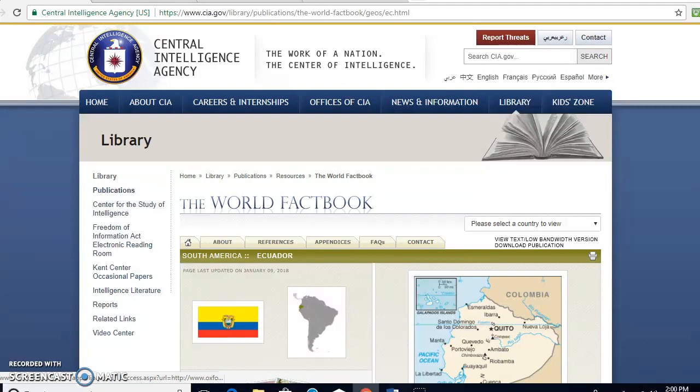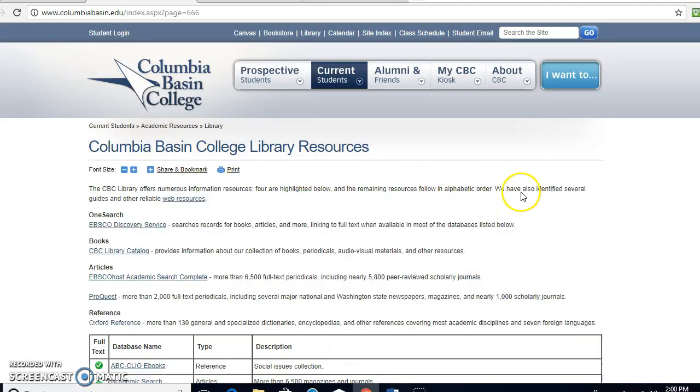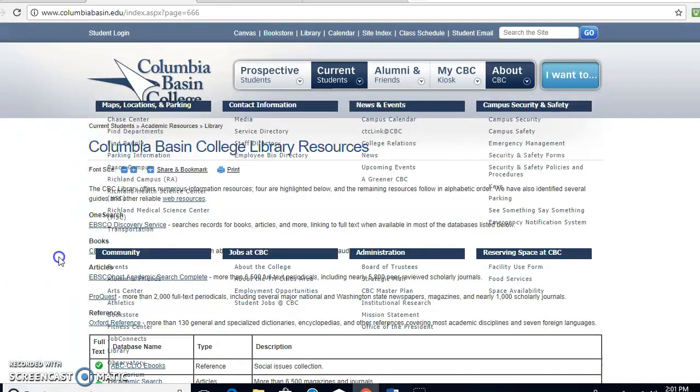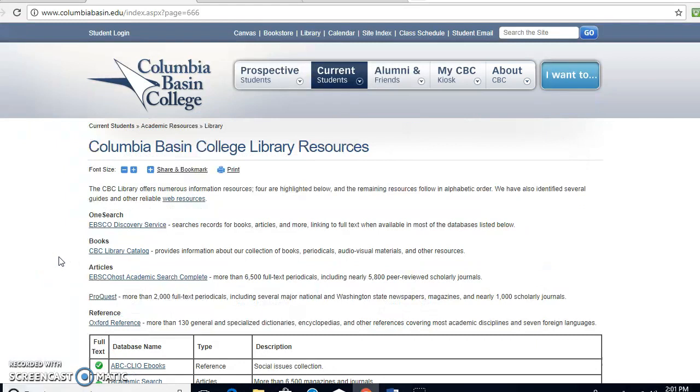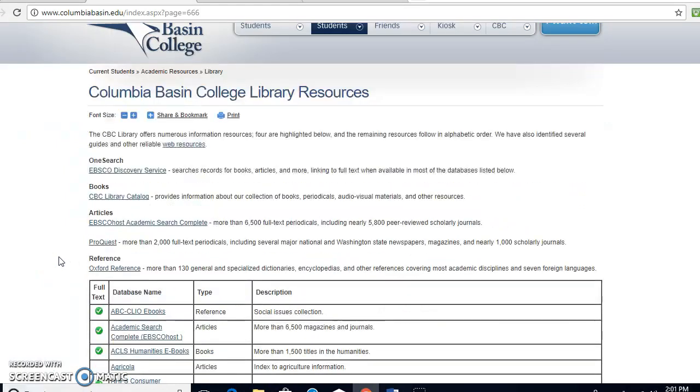The CBC databases provide us with a lot of other really excellent ways of gaining information. So if you go to the Columbia Basin College page and you click on the Library tab up here, then you'll get to see all of the things that the library has to offer. What I'd like to call your attention to is this references section right down here. So if you click on the Oxford reference,